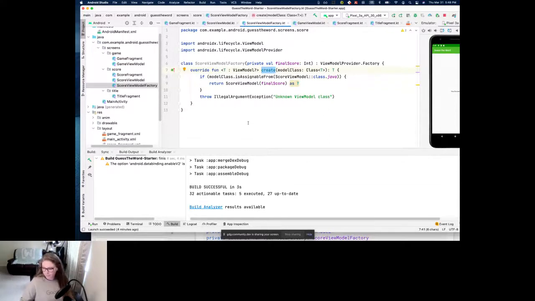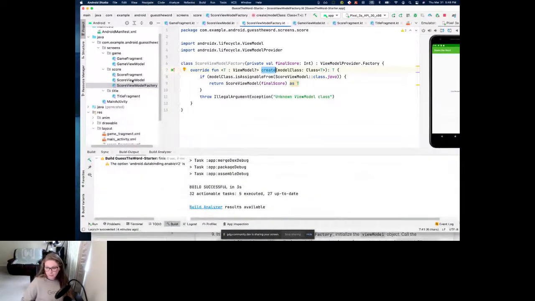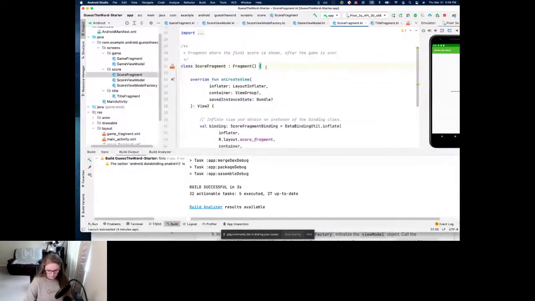It's going to create when we create a view model, which we'll have to do in our score fragment. So in our score fragment, we need to create both a view model and a view model factory. And we're going to end up using the view model factory to initialize the view model. So we need them both, and we'll declare them as lateinit variables up top right there. And then to initialize those, first we need the factory, because we'll use the factory to initialize the view model